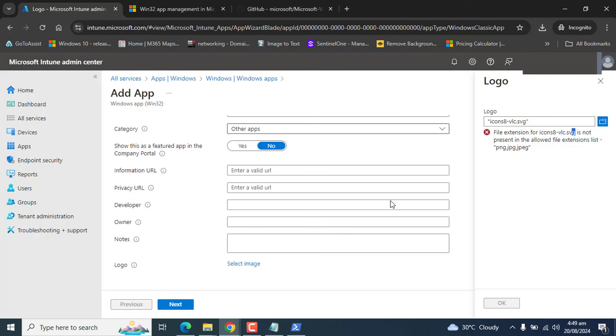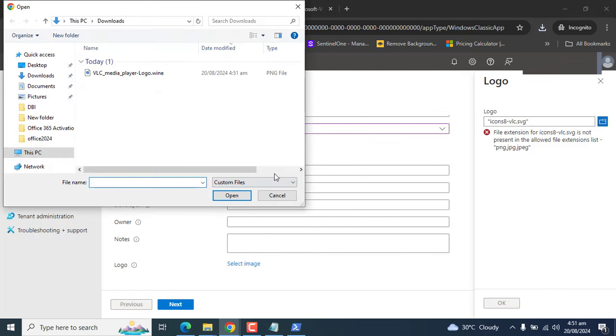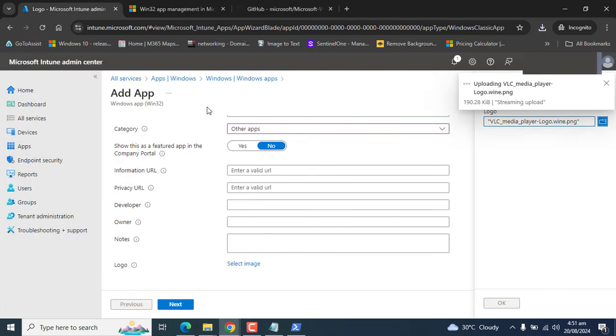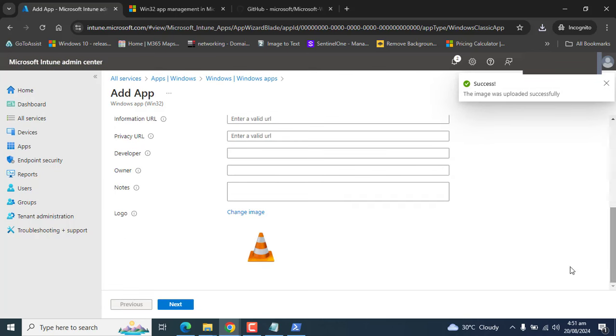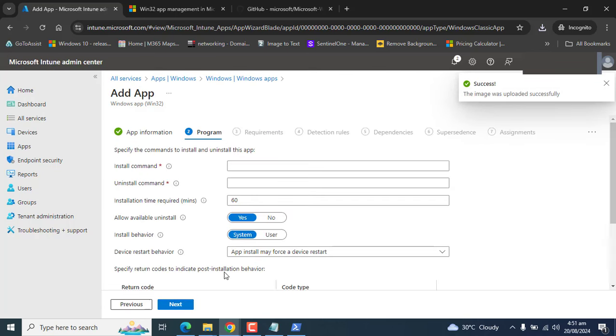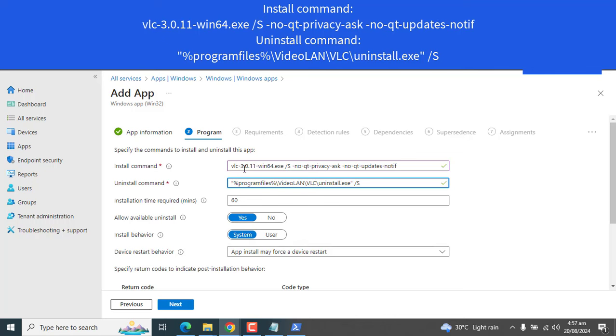Okay, let me download the PNG one. I have downloaded another logo that is PNG. Let me try. Yeah, perfect. So I have uploaded the VLC logo as well. Press OK. Hit next. On the program page, we have to give install and uninstall command for the VLC media